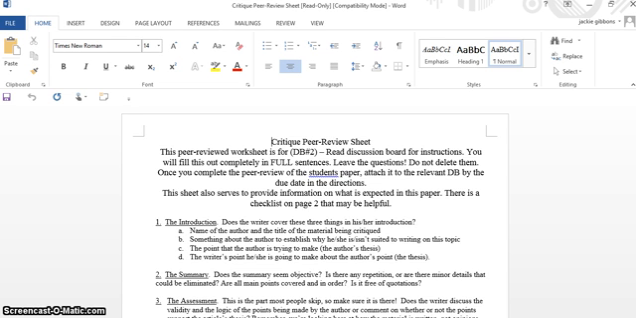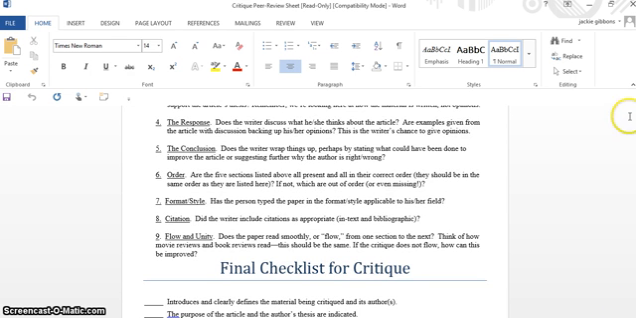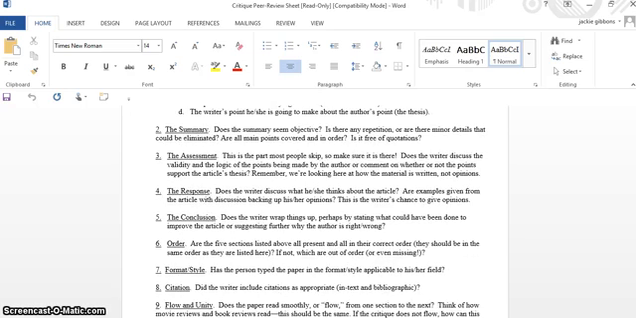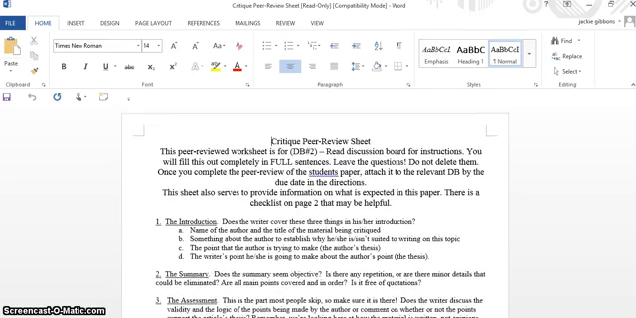Anyway, in here, the critique peer review, you're going to see directions on the components. And as you go up here, it says this peer-reviewed worksheet for discussion board number 2. You read the discussion board for the instructions. You will fill this out completely in full sentences. And that means if a question is a yes, you say yes, it is this, or yes, this is correct because, or something to that effect,